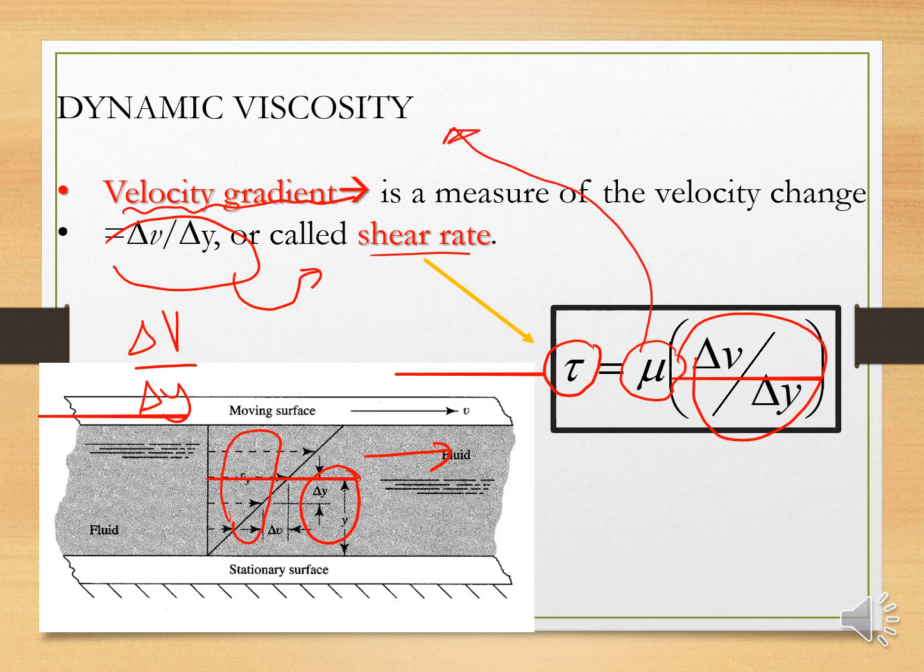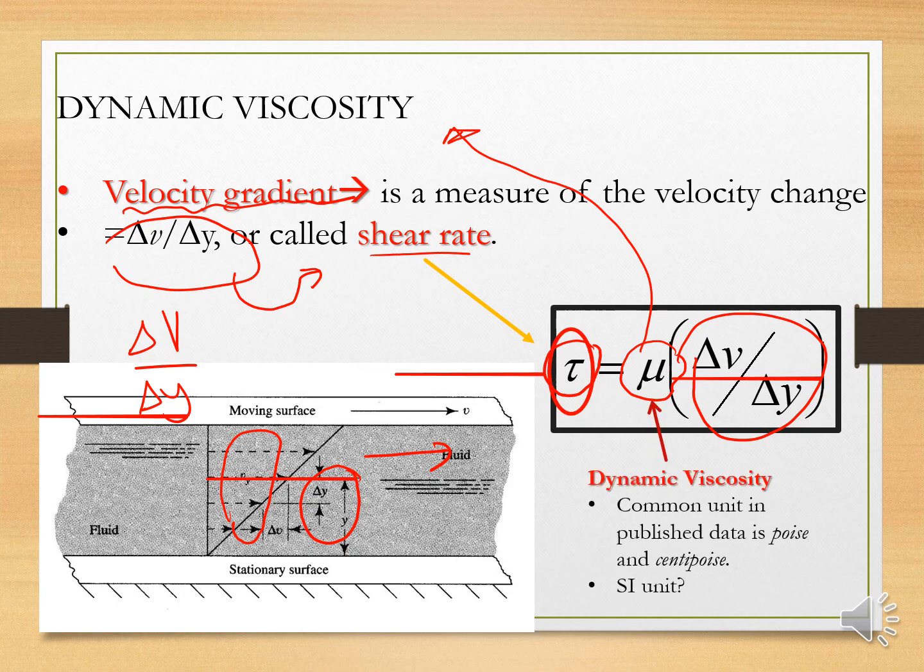So from the formula of shear stress, we are able to determine the dynamic viscosity. Usually the dynamic viscosity is referred to in the unit of poise or centipoise, and the SI unit for dynamic viscosity is